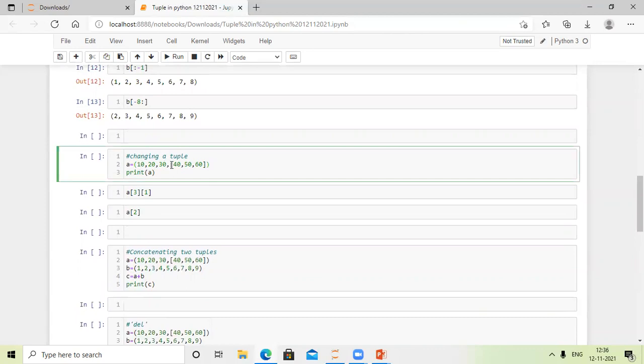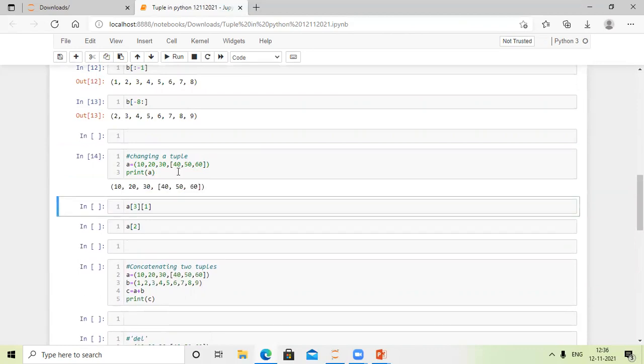See, I have taken tuple A equal to 10, 20, 30. Inside the tuple, I have taken one small list, 40, 50, 60. This is a list, but here this whole list is considered as one object. So let me check. Okay, this is my tuple.